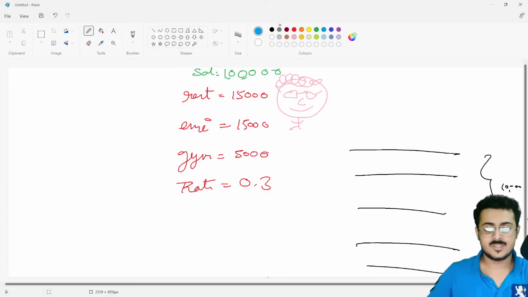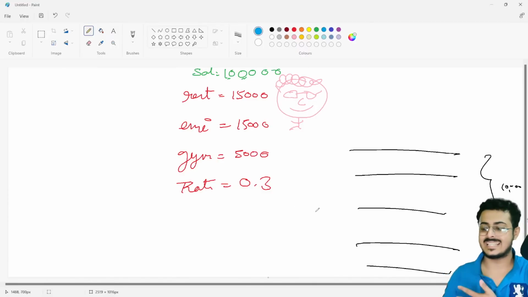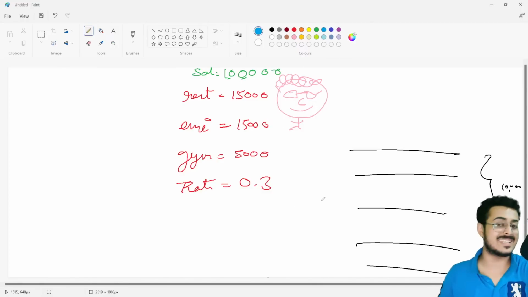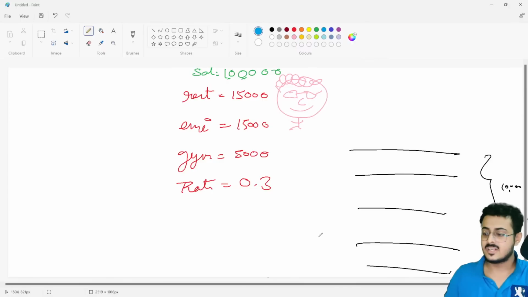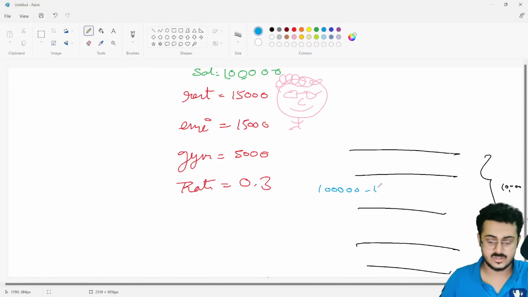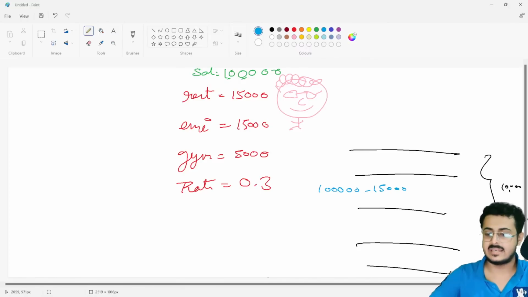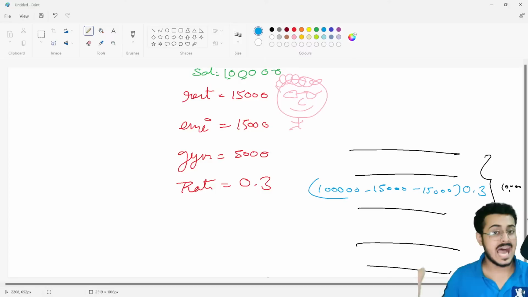Okay, great. So right over here, you wrote these 10,000 lines of code that is able to do every single thing properly. For example, you want to calculate your tax. So you will be doing something like your salary minus your rent, so that is tax deductible, minus your EMI, so that is also tax deductible, and then you are multiplying it by 0.3, that will give you the tax.